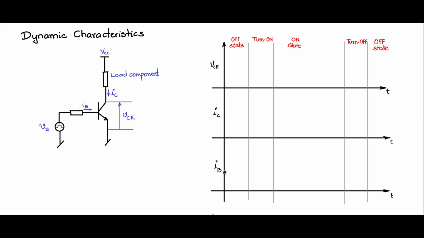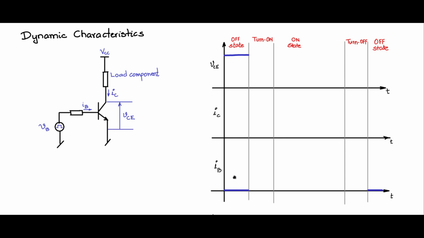Now let us take IB, the base current. The base current is the driving force that carries the information signal whether the BJT is on or off. So this is the control input. Start from there. So now let us say that we are giving a pulse here. Whenever the voltage here is high, there will be a current flow. So during this off state, how should IB look? There should not be any IB. IB should be 0. So that is something that we know. So IB is 0 here also in the off state.